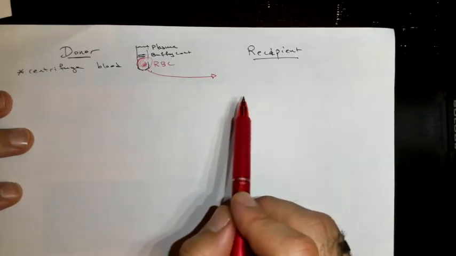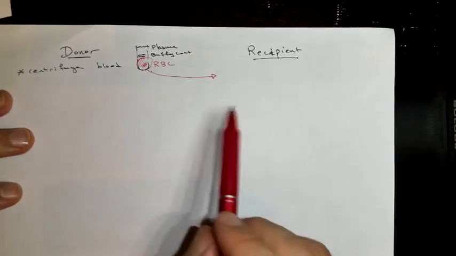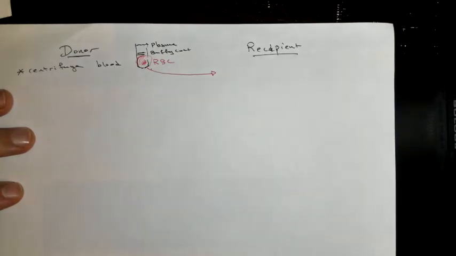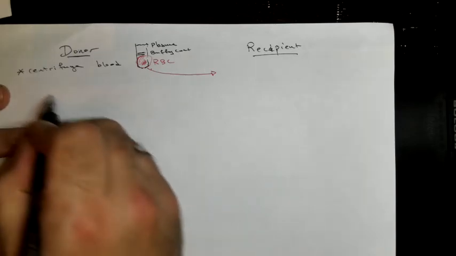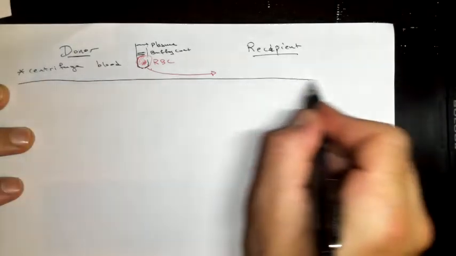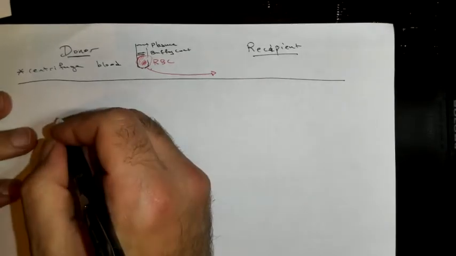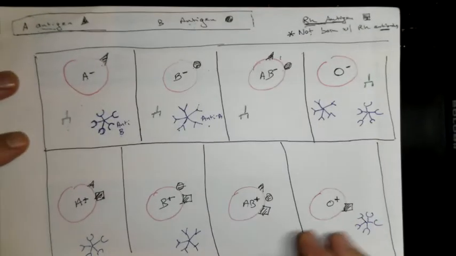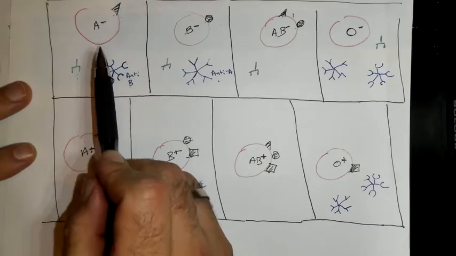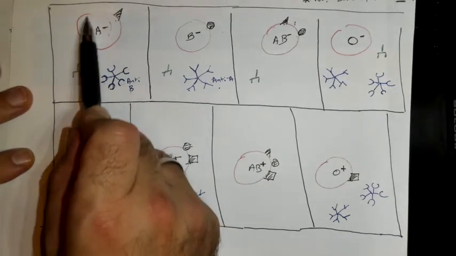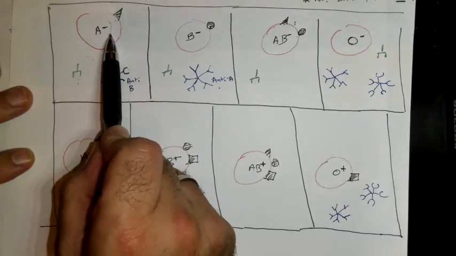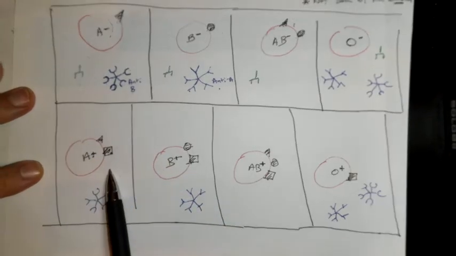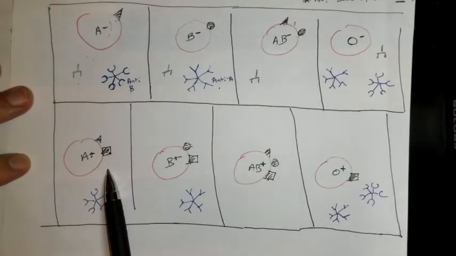So with that in mind, let's go ahead and do an example, because that's how you're going to understand all of this. So the way to do this is just to do as many as possible. And so let's go ahead and say, looking at our picture that we drew already, what if we take an A negative person's RBC and we donate it to an A positive person's blood,